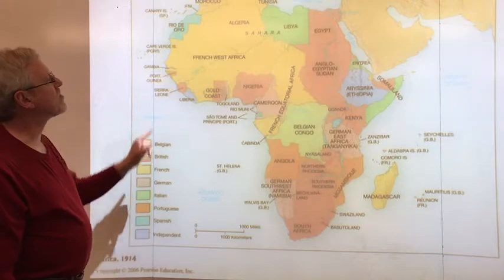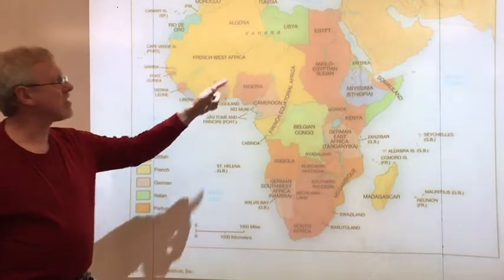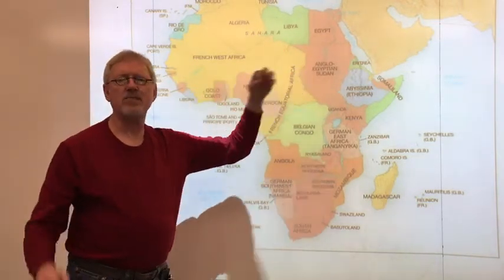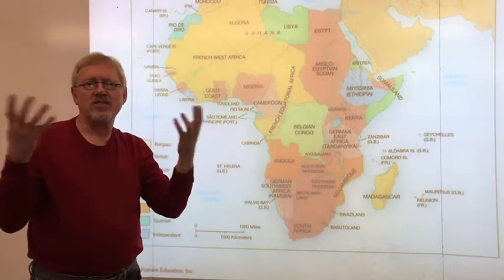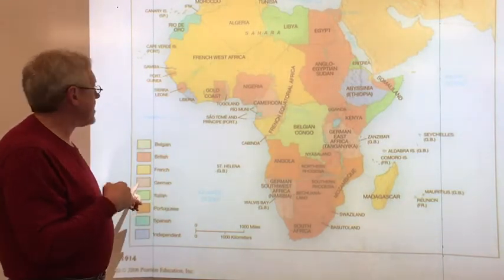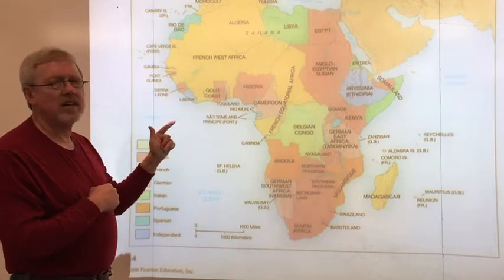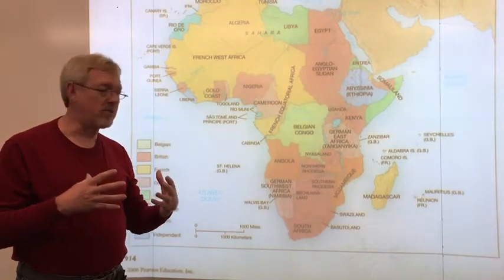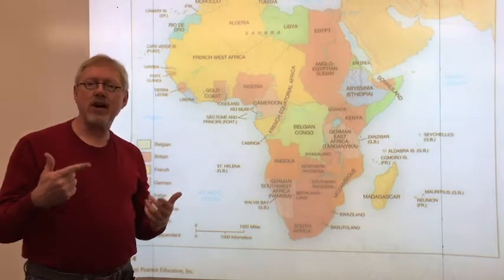The Italians have some possessions. They get into the game late, and they don't have anything that's particularly valuable. Part of this is just the prestige of having a colony. And that applies to the Germans, who entered the colonial race late also, against the wishes of Otto von Bismarck,